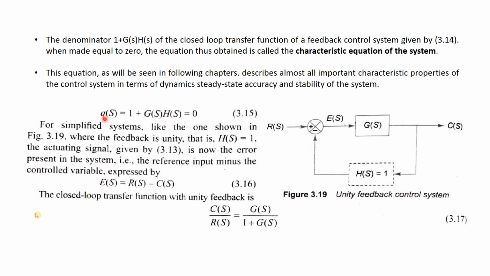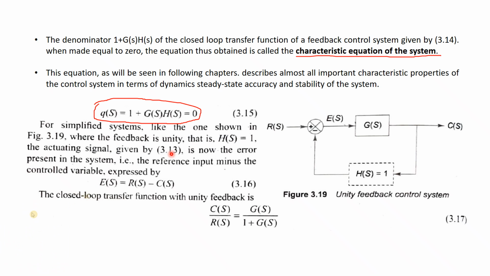Now you see, this equation is called the characteristic equation. So 1 plus G(s)H(s) equals 0 is called the characteristic equation. This is not present in this particular figure in the block diagram. It is just an addition. So we will take this closed loop transfer function, take the denominator and put it equal to 0, and you will consider this as the characteristic equation, and keep this for future use.